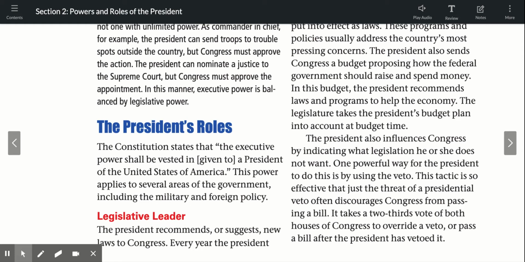This is where the president recommends or suggests new laws to be passed in Congress. Every year, the president will meet with both bodies of Congress. This will be called a State of the Union address. This will be when the president talks about some of the key ideas that he wants to implement. Some presidents will talk about the budget. Some will talk about health care, politics, infrastructure, NASA, anything that the president promised the American people, he may talk about during his State of the Union.